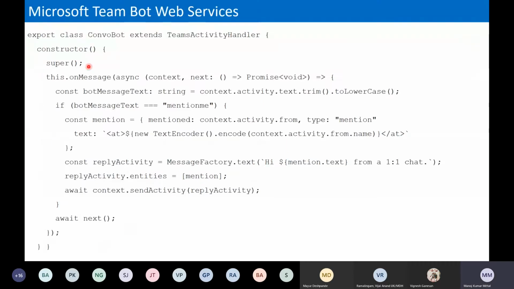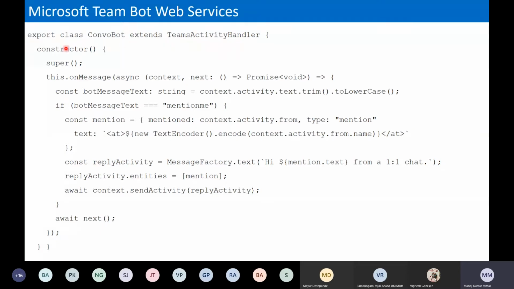So I just put the two slides for the code base because this is quite important, and I'm going to use the same thing in a couple of demos. If you see, once we create a bot, this is the Convo bot, and it extends the Teams activity handler. This is the main one. It handles all the Teams related activity, and it just uses the activity handler of the Bot Framework in the backend.